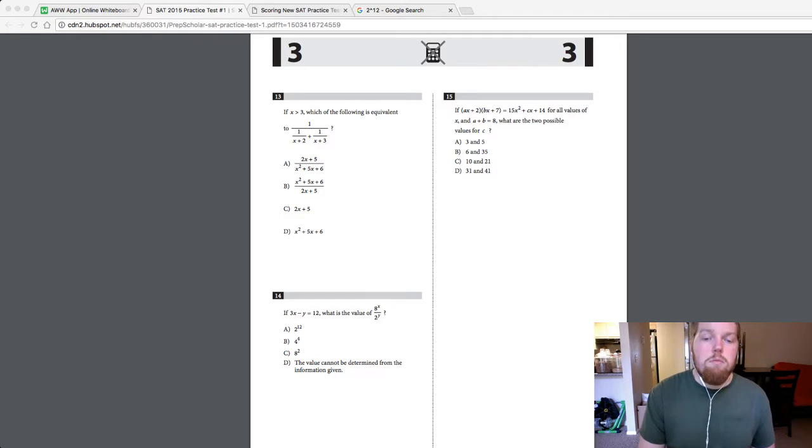So they say one approach is to express 8 to the x over 2 to the y so that the numerator and denominator are expressed with the same base. Since 2 and 8 are both powers of 2, substituting 2 to the 3rd in for 8 in the numerator of 8 to the x over 2 to the y gives 2 to the 3rd, to the x, over 2 to the y, which can be rewritten as 2 to the 3 times x. Since the numerator and denominator of 2 to the 3x over 2 to the y have a common base, this expression can be rewritten as 2 to the 3x minus y. It is given that 3x minus y equals 12. So one can substitute 12 for the exponent, giving,